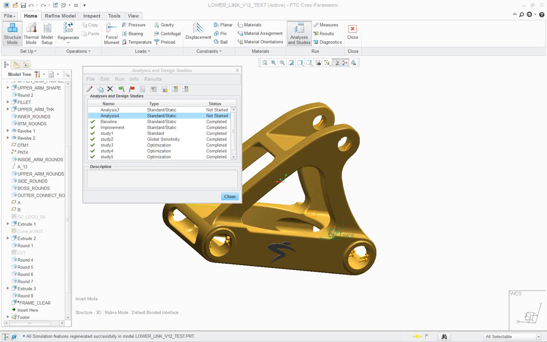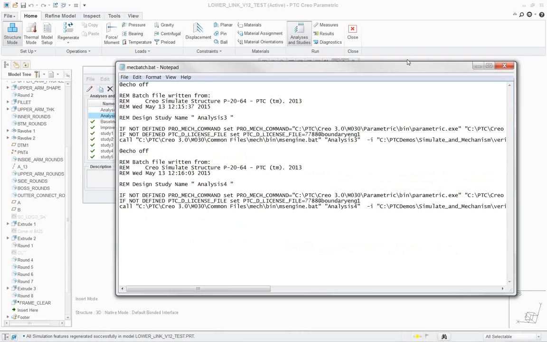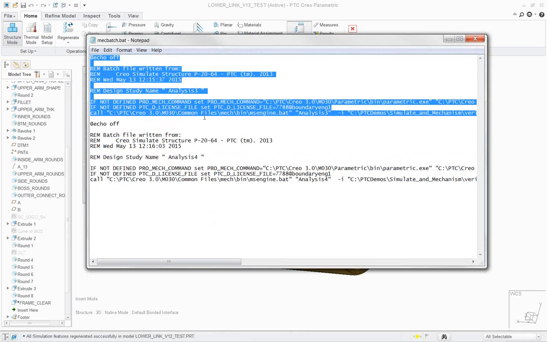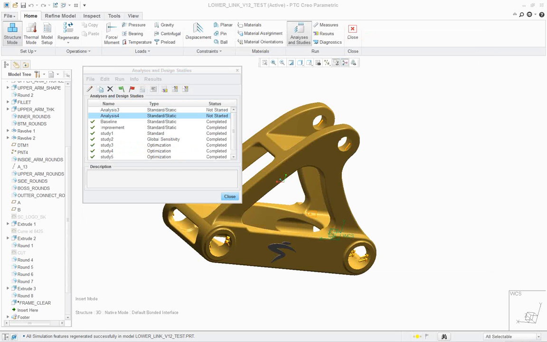Now if I go to my desktop, what I'll see here is a text-editable batch file with all of the necessary code that Simulate needs to run from a command prompt. And so now all I need to do is pick that file on my desktop and hit enter. And once I do that, all of this passes into your command prompt and Simulate starts to run in the background. In fact, if I do it here just as an example,